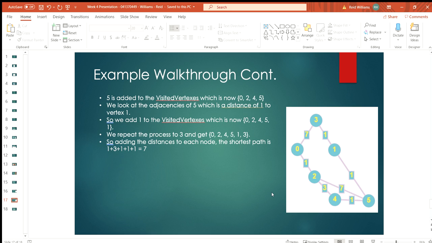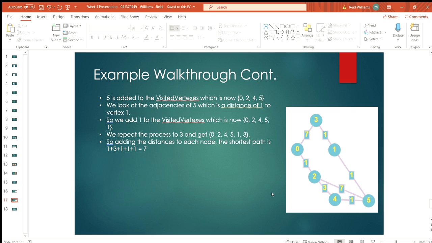It doesn't even contemplate the other vertexes until we continue this crawling path. Following that logic, 5 to 1, we know 1 is the shortest traversal in comparison to anything else that hasn't been popped. So we add that into visited vertexes, repeat the process for 3, and now we have 0, 2, 4, 5,